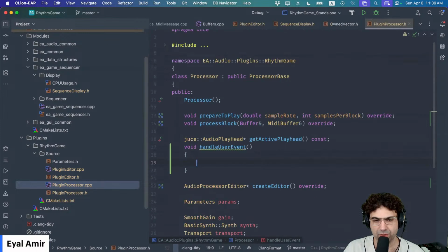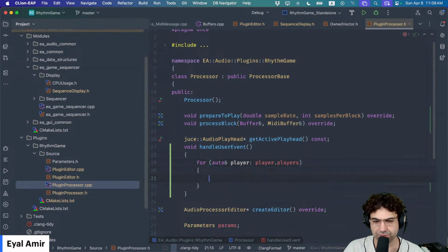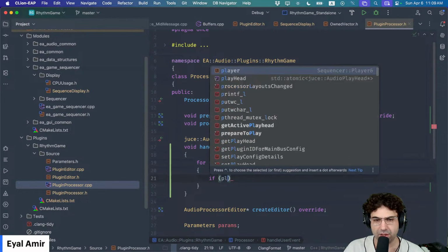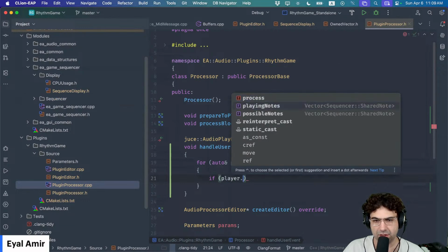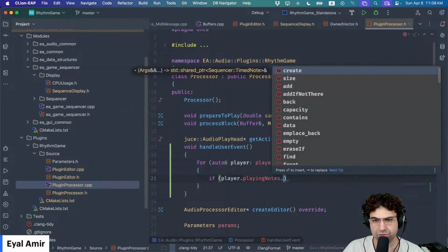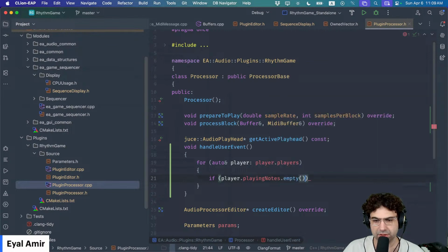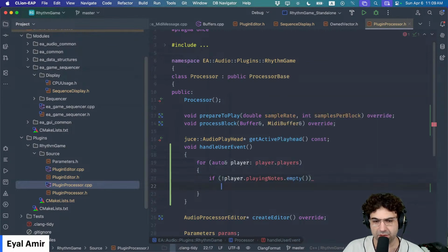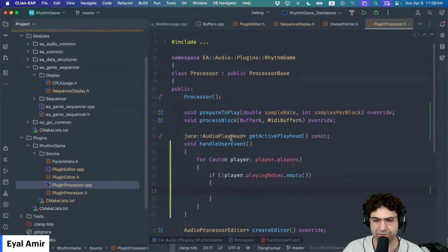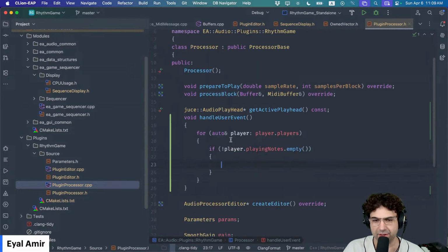What this is going to do is go through all the players in player.players, and if the player's playing notes is not empty, this is a very basic way to do this. If there aren't any notes, then